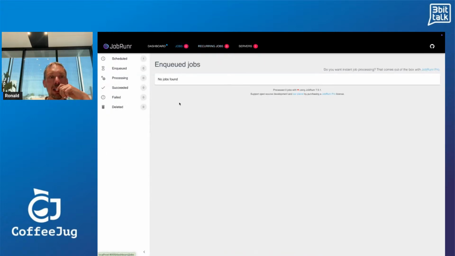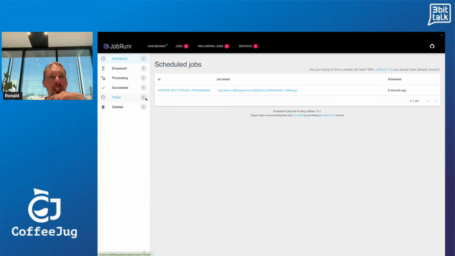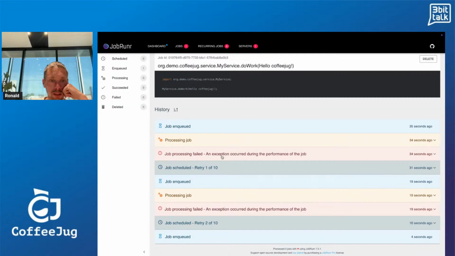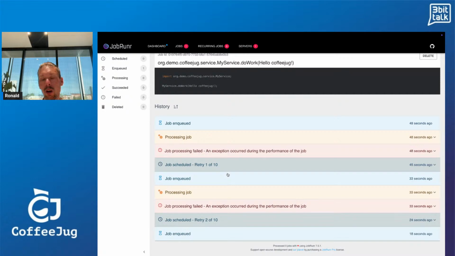What I now see is that the job is now scheduled in this case. Why would that be? What JobRunner does by default is it sees that an exception happened during the actual performance of the job. And what we do by default is we retry up to 10 times with an exponential back-off policy.